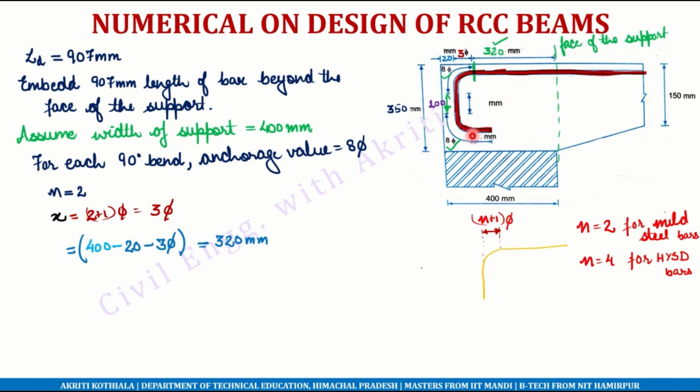So now I am again traveling a distance of 85 and this extra value is left. I don't know what value this is, so let's calculate this value. What do we have to provide? We have to provide a length of 907 mm from the face of the support. If we look at from the face of the support, we travel a horizontal distance of 320 mm. So from this equation, we can calculate x, which computes to be equal to